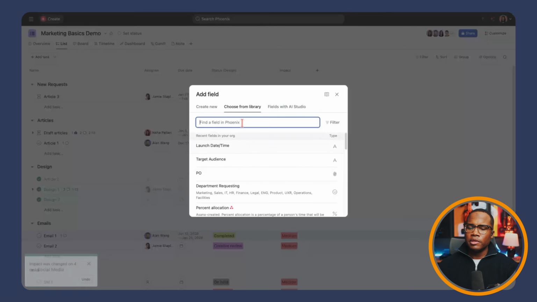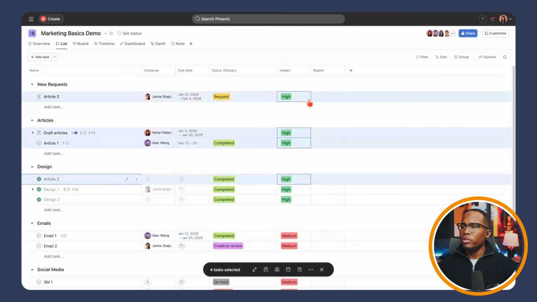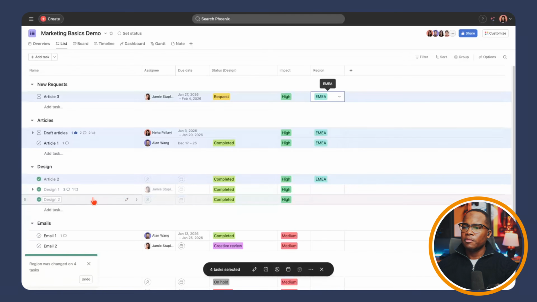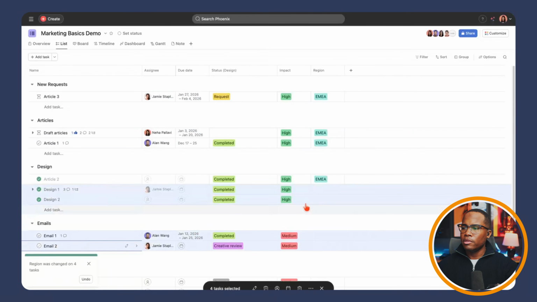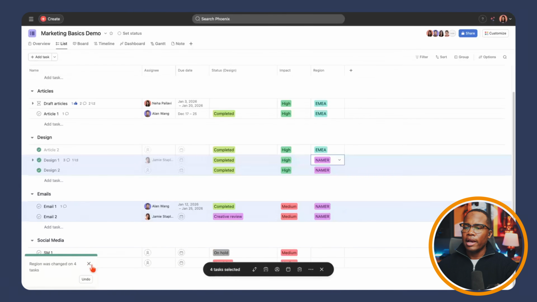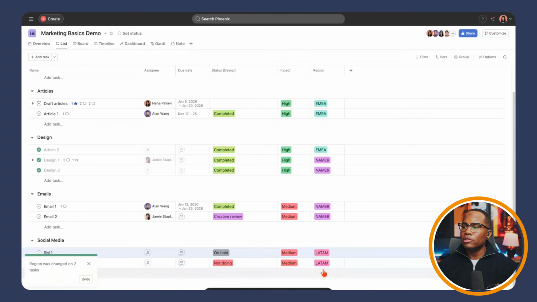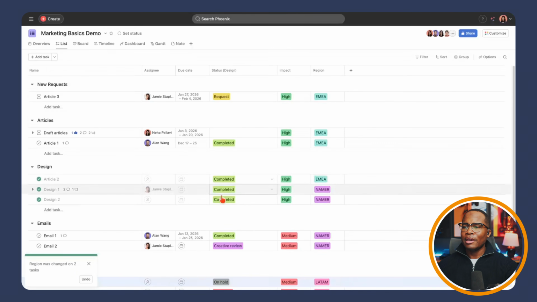Let's see if I have one that's specific to region, maybe. Perfect. Let's pull these up right here. These tasks are specific to EMEA. These ones are specific to Namer. And then these tasks are specific to Latin America. So now if I wanted to see completed tasks within the last 2 weeks that are high impact in EMEA, right, I would get 2 tasks, let's just say, right? And so that's really the